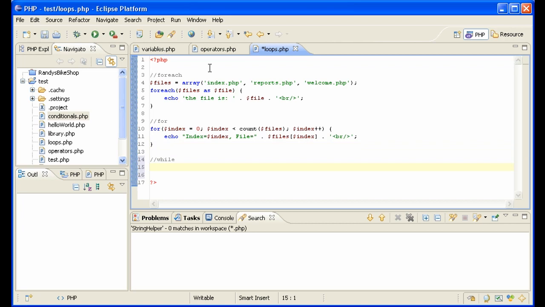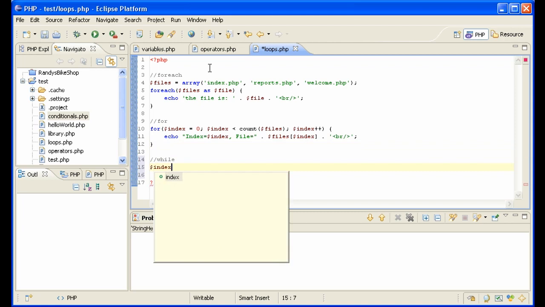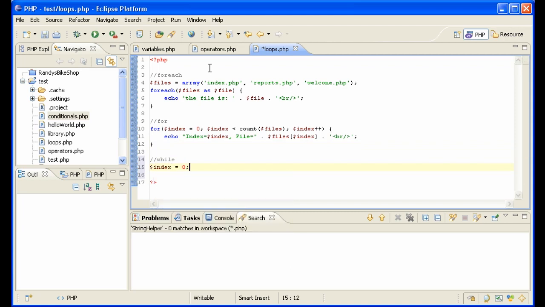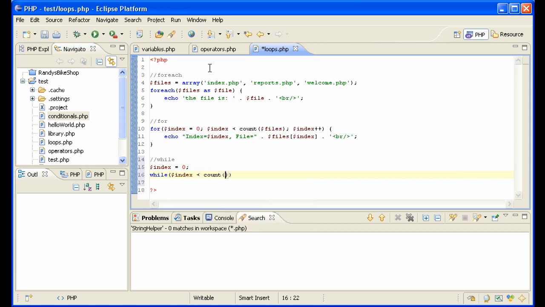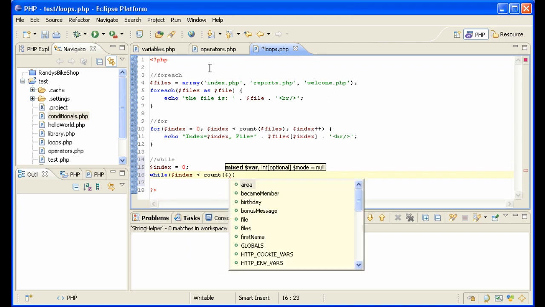So the last type of loop is called the while loop, and you see this a lot of times when accessing data from databases and stuff. Let me just show how this works. You have a variable, for instance, index equals 0, that you set outside the loop, and then you say while index is less than count, looking a lot like the for loop,